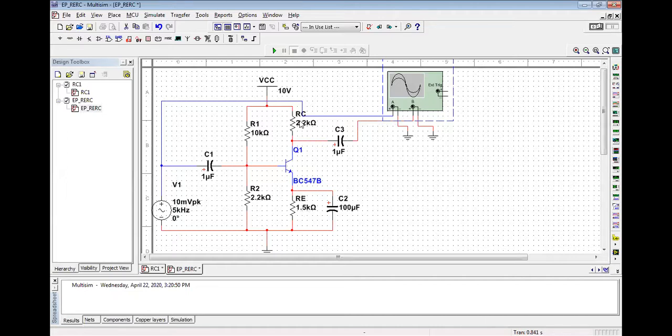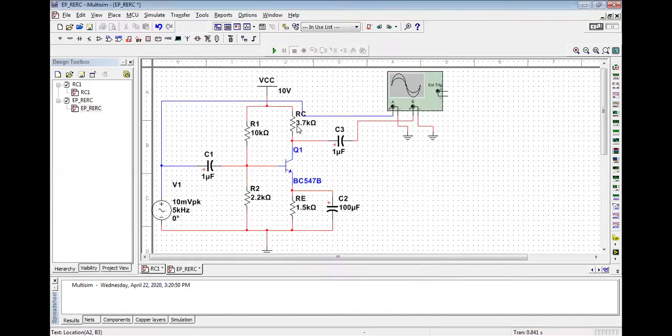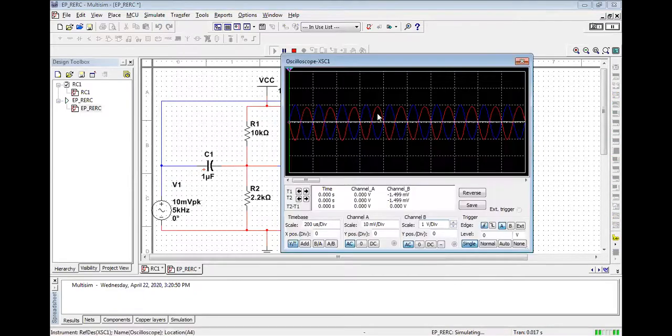I'm going to change only two values so that you can understand. Parallelly, you should note down in your notebook what will be the values. 2.2, I am going to change it from 2.2 to let's say 3.7K. Okay, so I have changed it. RC, you can see at this point, it is 3.7K now. I'm going to execute it for 3.7K. Now you can see over here, what should be the value?